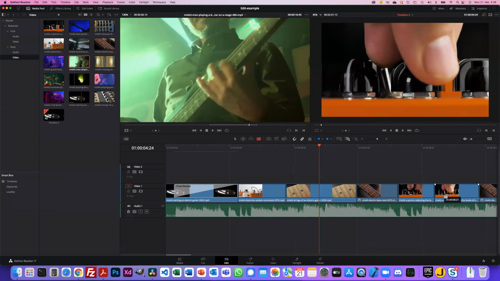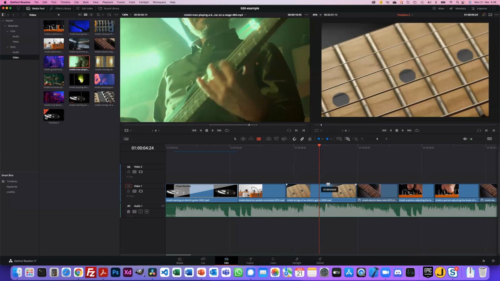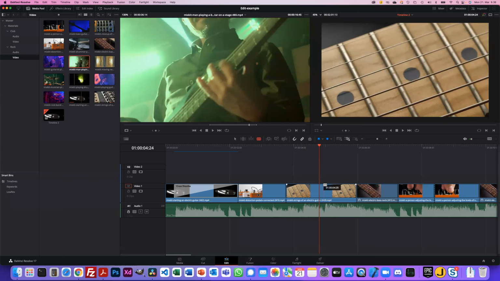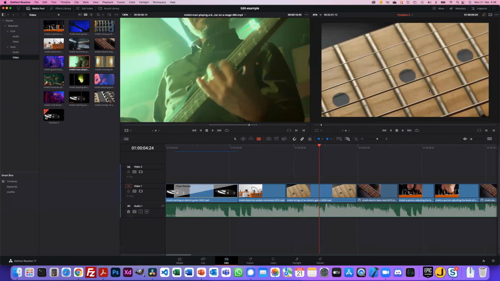You change the rest of the clip, for example, to black and white or whatever. That's a better example of why you would need to cut a clip,